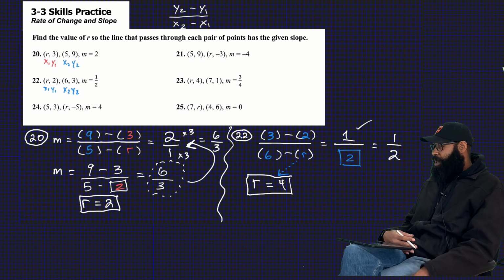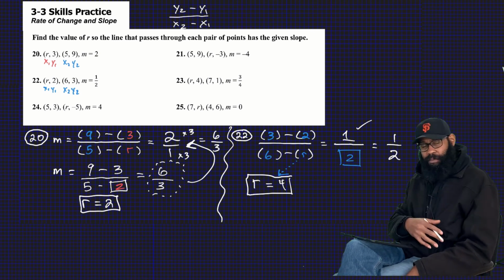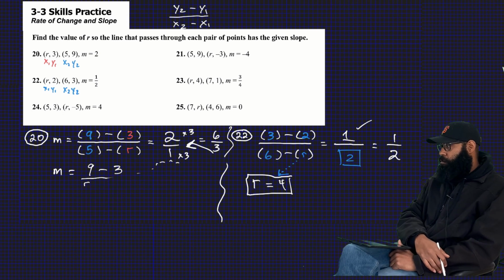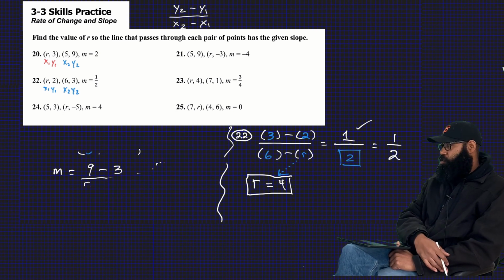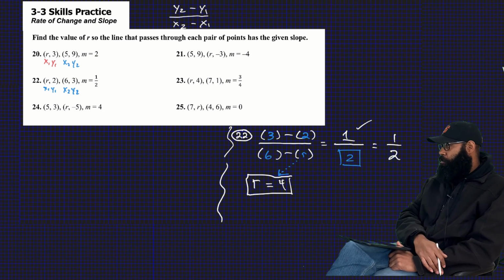So maybe that was a little fast. I hope it wasn't. We didn't have to have an equivalent fraction like in number 20, but we definitely got it in there and got it done. So that's 20, and let's go ahead and get our next one in. This one's going to be 24. And this one, guys, again,